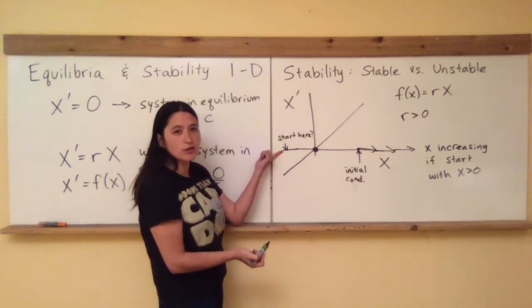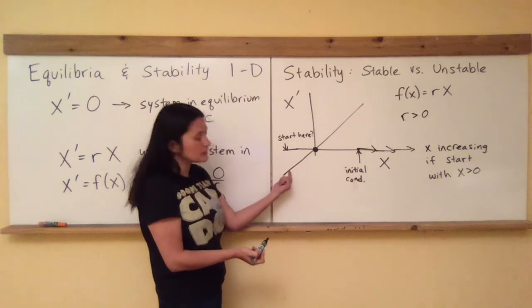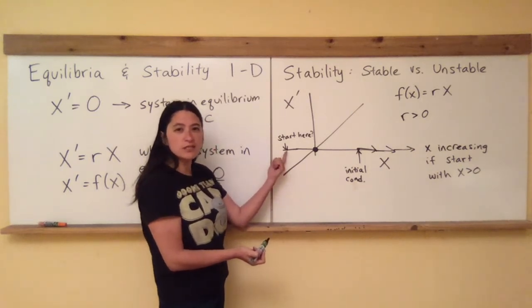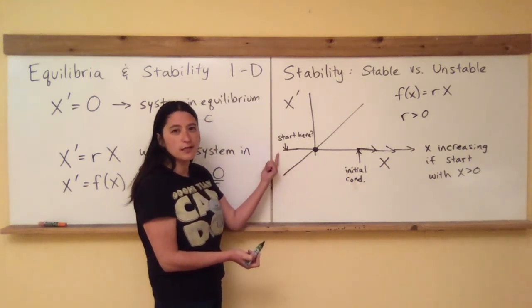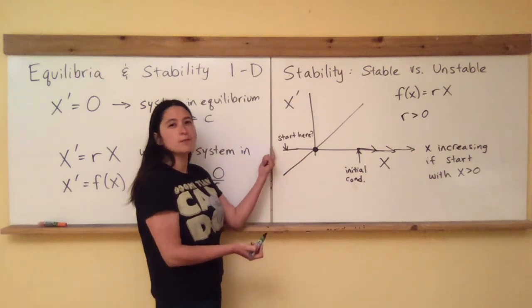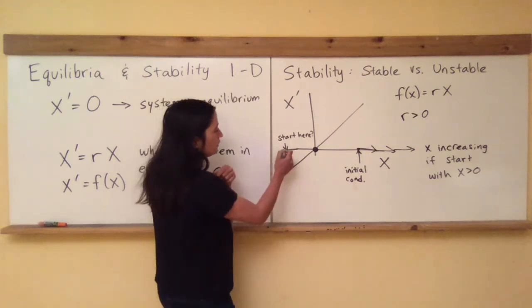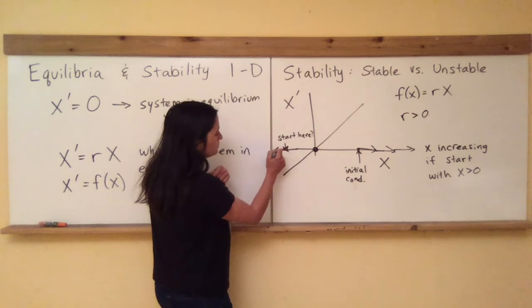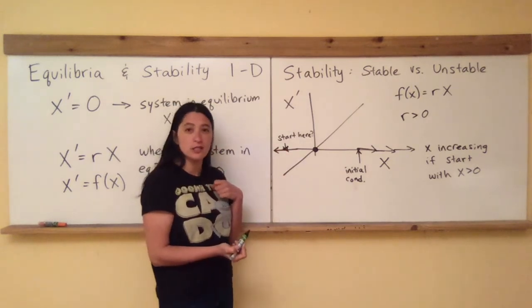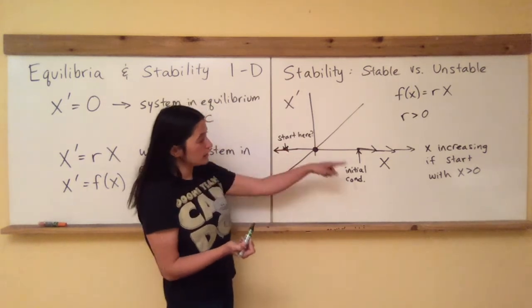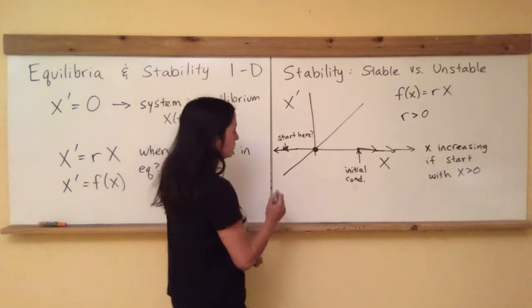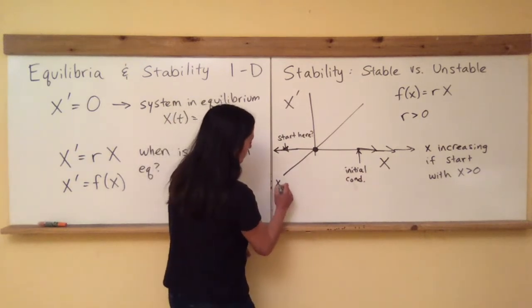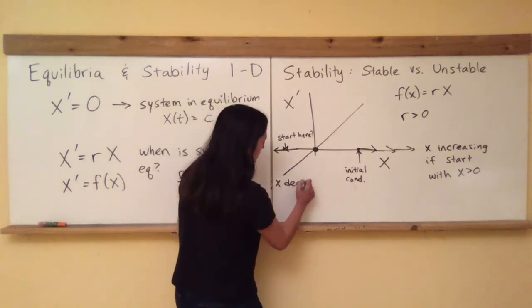Again, looking at the graph, my rate of change is a negative value. So if I start with negative x, I'm going to get more negative, more negative, more negative. So if I start here, I'm going to be flowing in that direction. Okay? So x is increasing if I start with x greater than 0. And likewise, x is decreasing